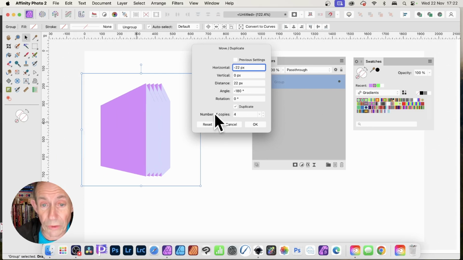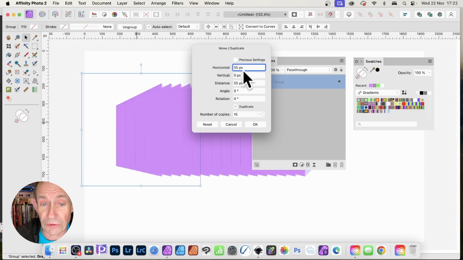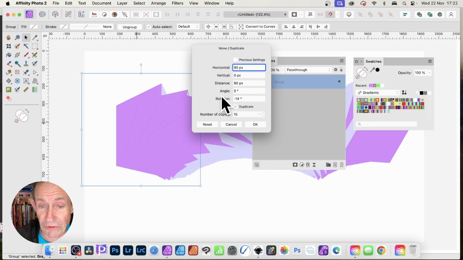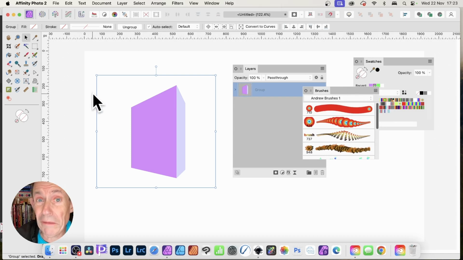And then you can say, oh, I don't want 1, I want 2, I want 25. And you can modify the horizontal and you can create 25 or 15 different boxes very quickly. Or maybe use the rotation feature. And again, rotate all of those boxes. Click OK. If you want to use this 3D box as a brushstroke, all you need to do is go